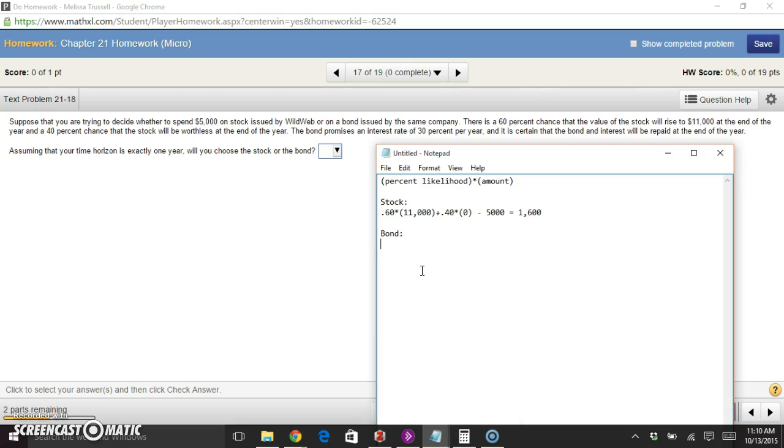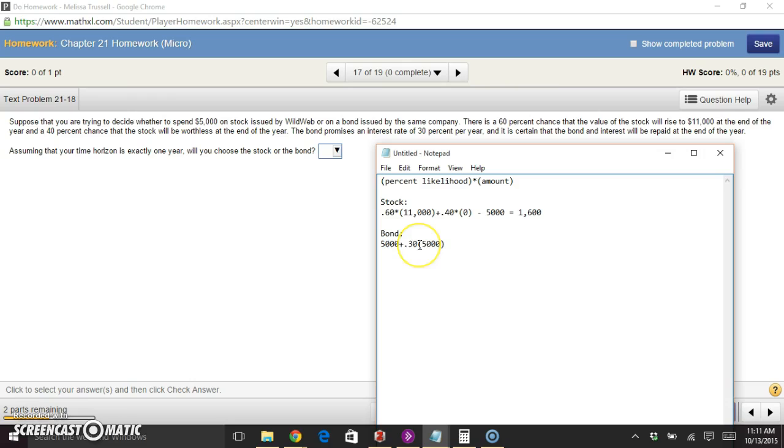So for the bond, we're told that we're certain to earn 30% per year in interest on the amount that we put into the bond. So at the end of this year, we'll have our $5,000 plus 30% of that $5,000 in our pocket. So we'll have 5,000 plus 0.30 times 5,000. Does that make sense? So we know at the end of the year we'll get back our original 5,000 and we'll add to it